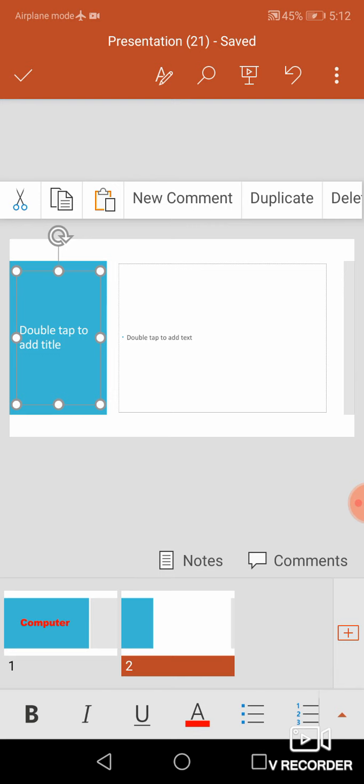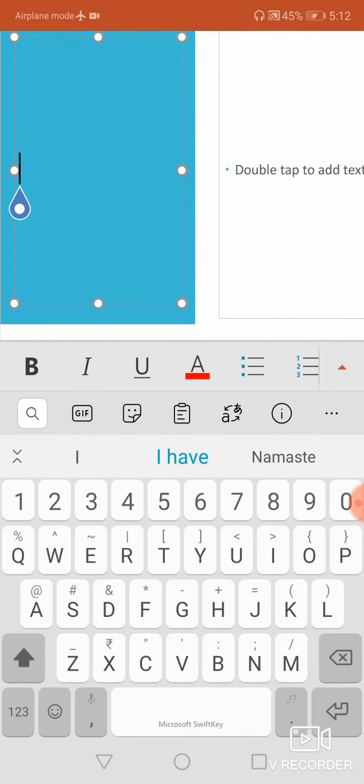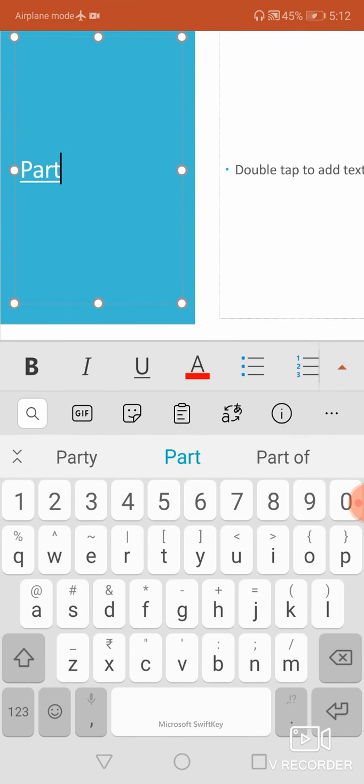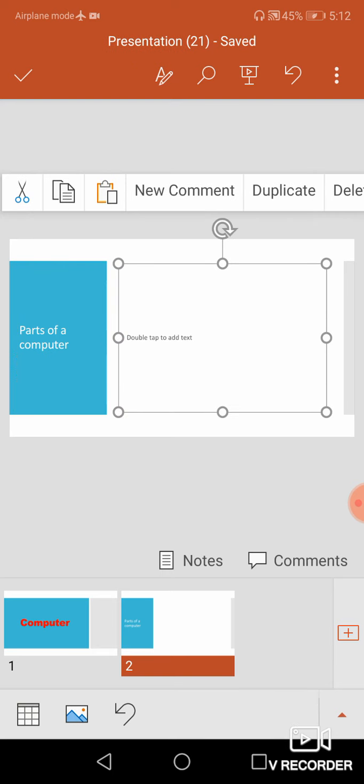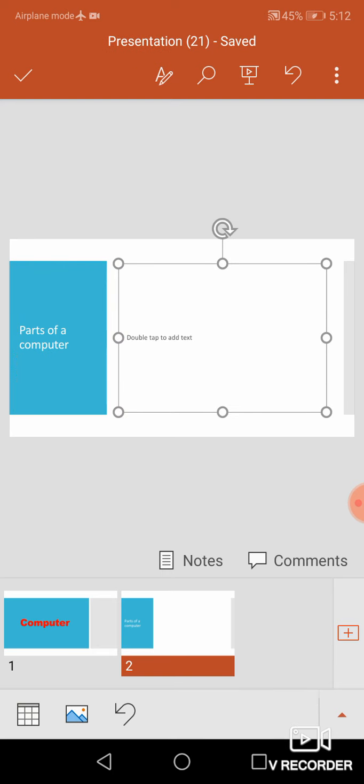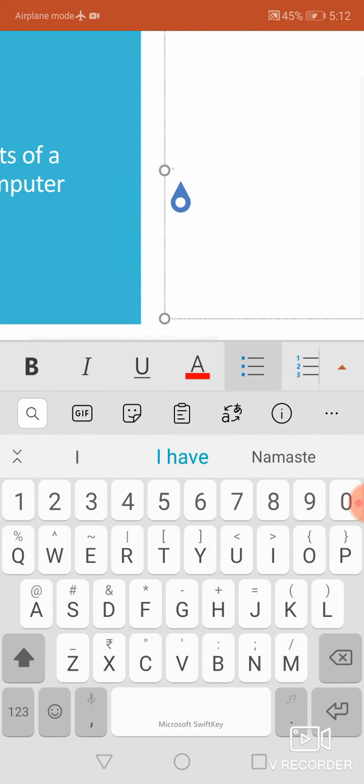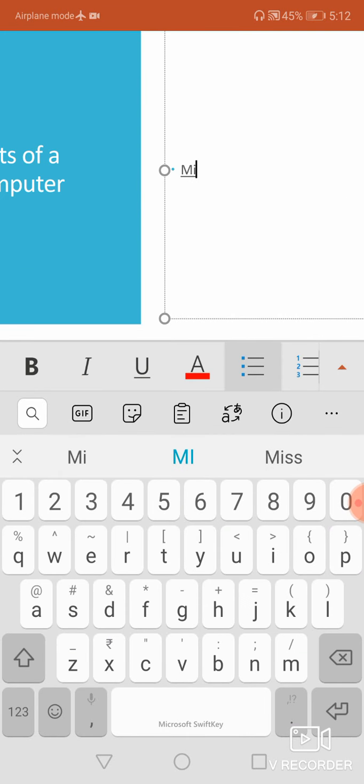If you want to add a title, you can list it out on the left side. So now I am going to type 'Parts of your computer', that's all. And then on the right side I am going to list out a few parts of your computer. Double click and then start typing. The first part is monitor,